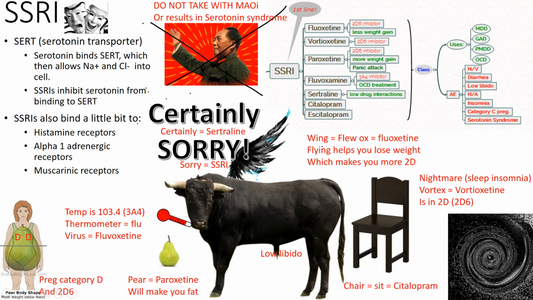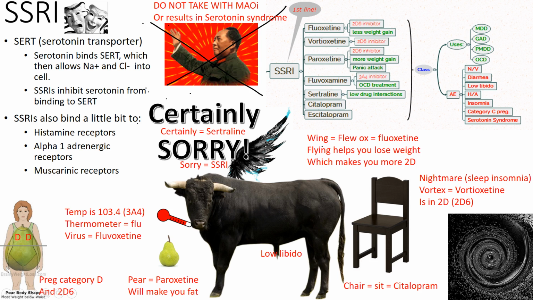And notice this is not a three-dimensional vortex, it's a two-dimensional vortex. It's 2D6. Comes this ox, and this ox has the flu virus. So fluvoxamine stands for flu virus. And the temperature is 103.4. So 3.4 stands for 3A4, because this